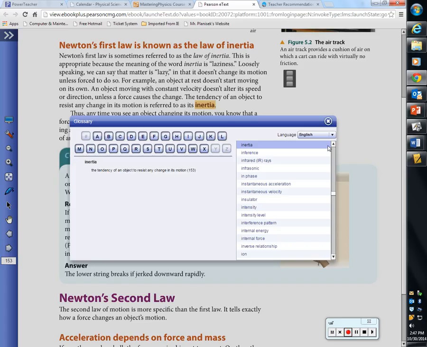Correct. There are certain types of forces. We'll talk a little bit more about that in section 5.2, where a force doesn't necessarily mean it's a push or a pull, and it doesn't necessarily have to involve contact. Okay? Are any of you familiar with the Voyager spacecraft, Voyager probe? Yeah, it's way out there.